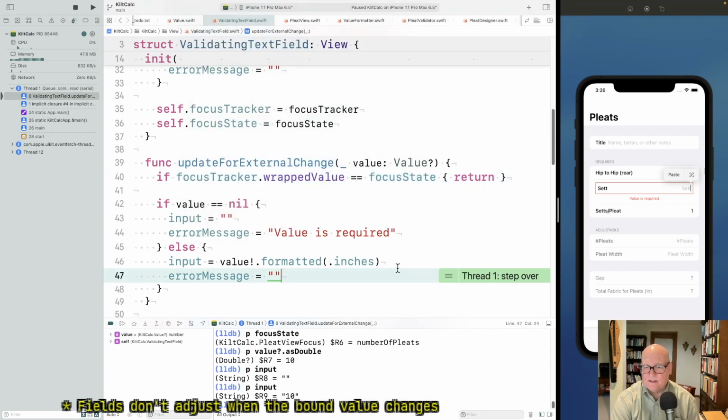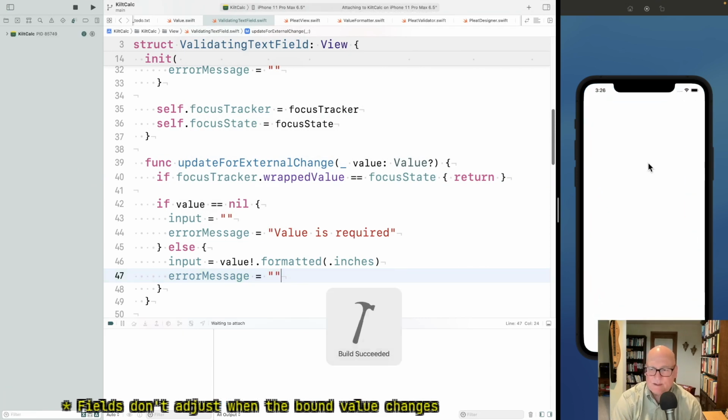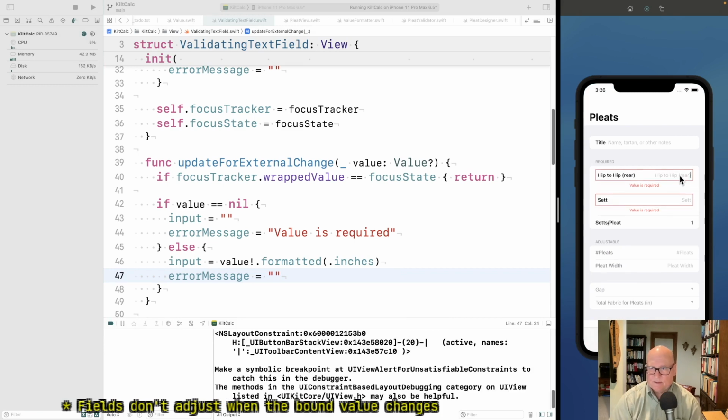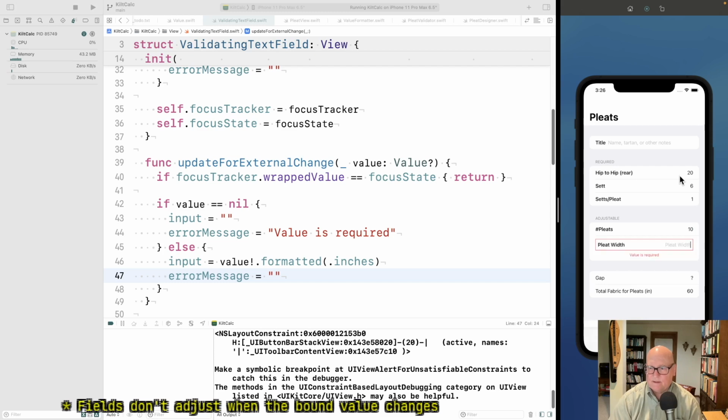Delete all. All right. Let's run this and put it through some paces. All right. 26. 2. If I make it 3, it changes it back to 2. It's still there. Change this to 10. Okay. If I change this to 3,